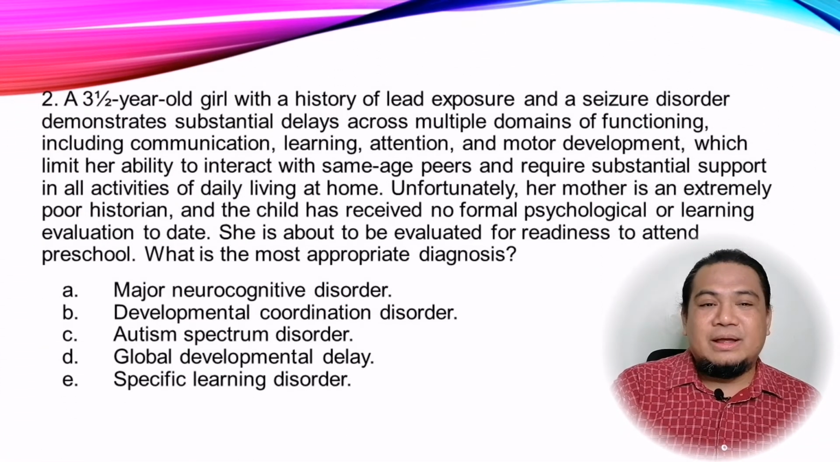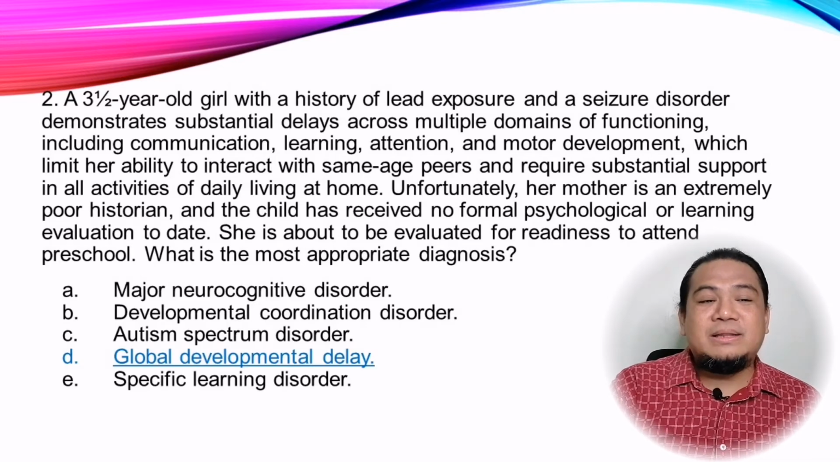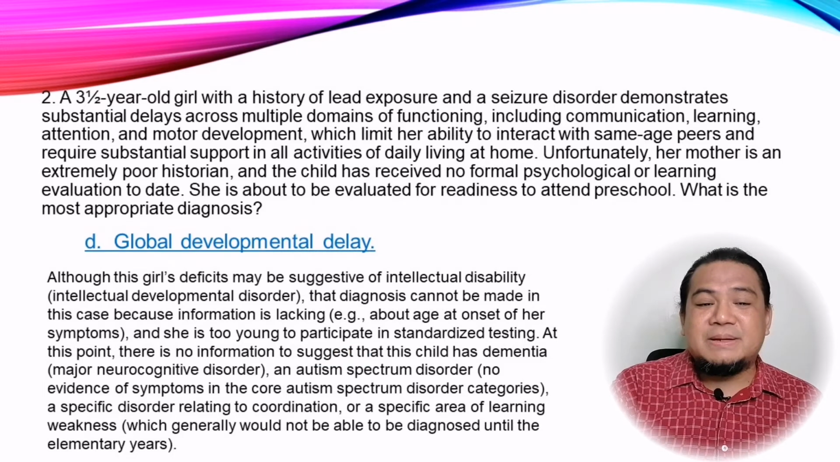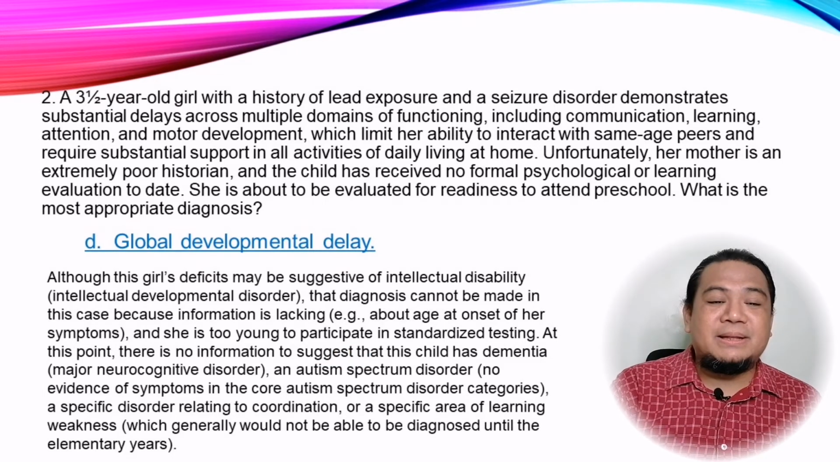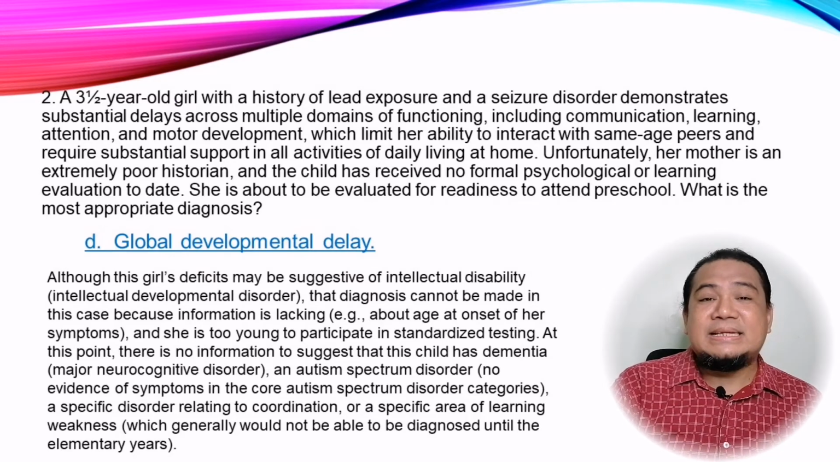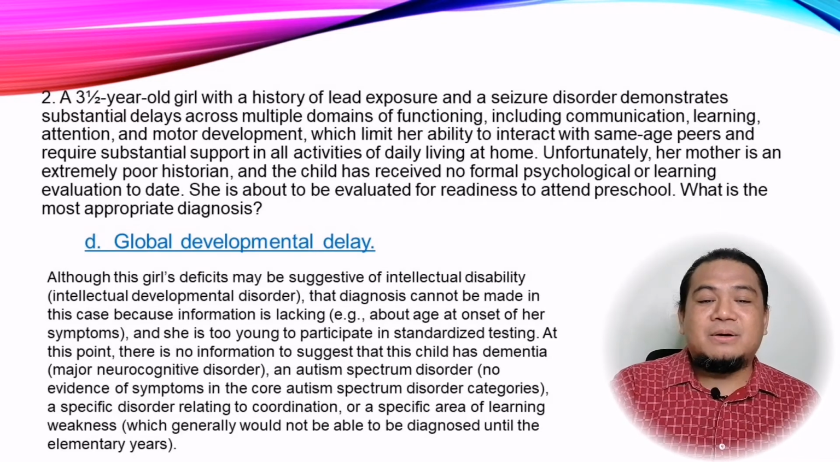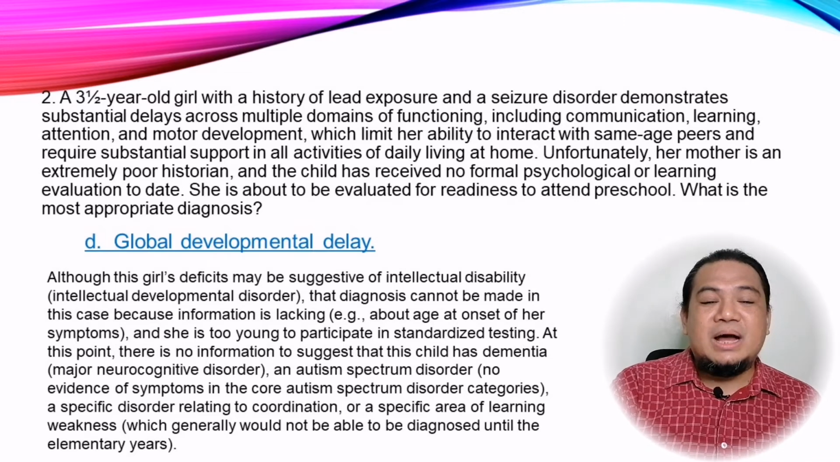Number 2, and the answer is letter D, global developmental delay. Although this girl's deficit may be suggestive of intellectual disability or intellectual developmental disorder, that diagnosis cannot be made in this case because information is lacking, like age at onset of her symptoms, and she is too young to